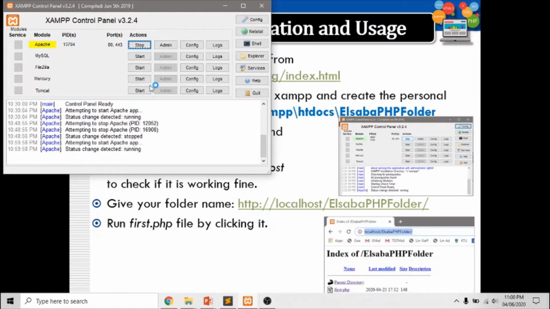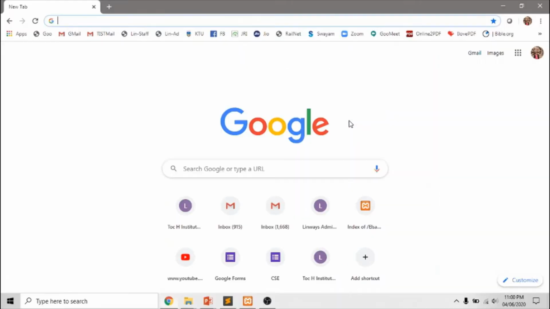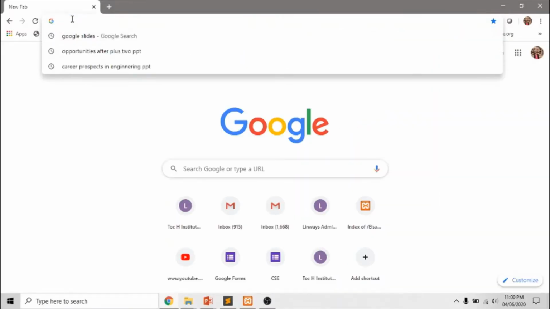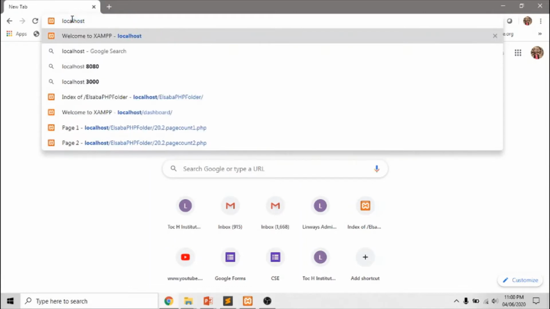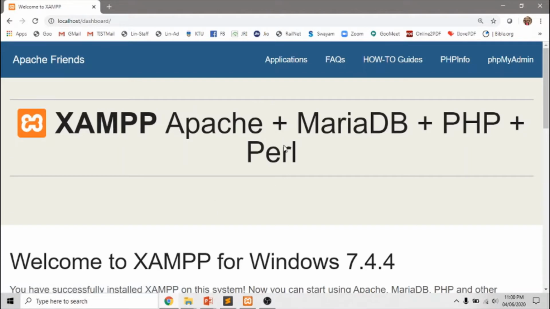Now your Apache server is started, and now moving on to the browser, I can type here localhost and check if my local server is running or not. So now currently my local server is running fine, and I have saved all my files